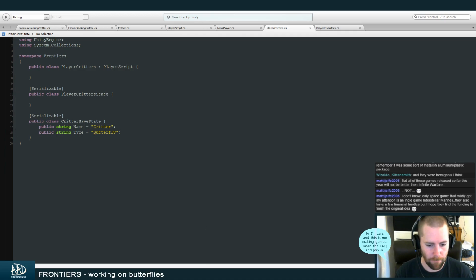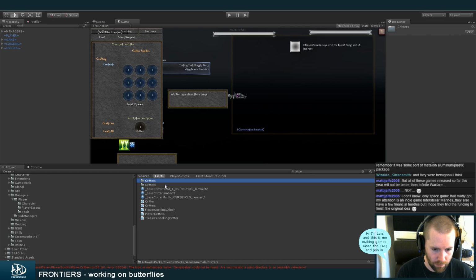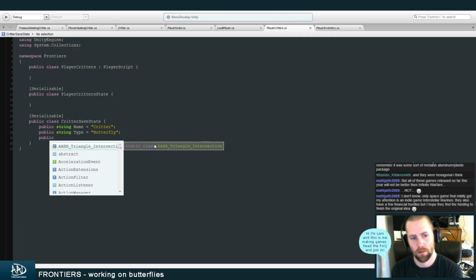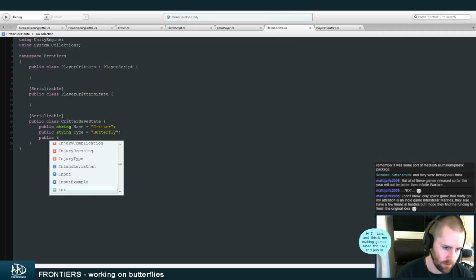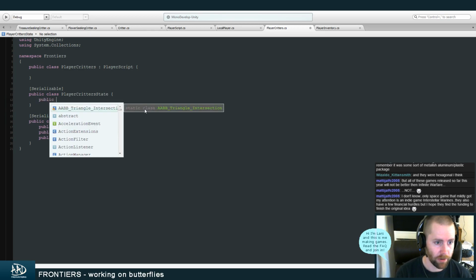Okay, they're gonna have a type. And right now, critter types are just defined by the name of the object. Now, butterflies can have different coloration. We'll just have it be 0 by default and assume that most critters won't have that defined at all. And I'll probably define an enum or something in a critter script elsewhere. You know, like blue, monarch, etc. Okay, so then in the player critter state,